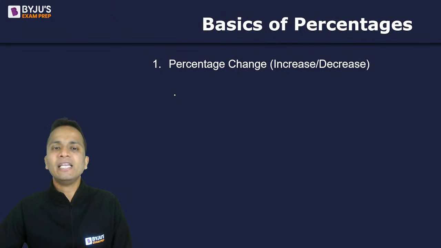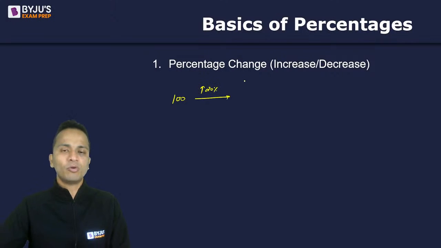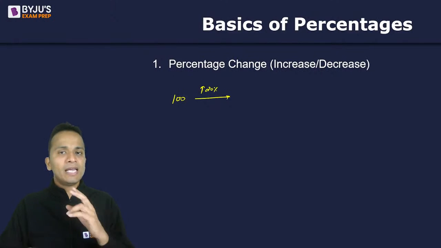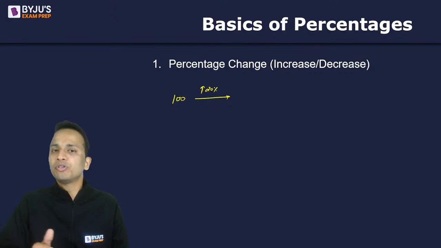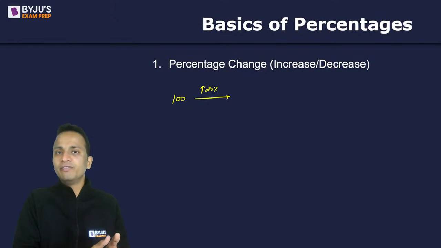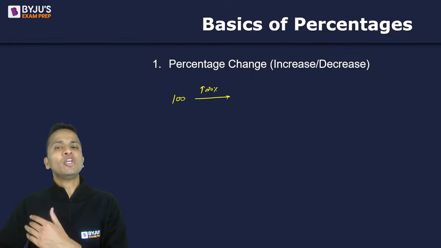So let's say there is an initial value of 100. First of all, it is increased by 20 percentage. Okay, then what will be the final value? Now earlier, initial and final values were given and I told you to calculate the percentage change. Now, in this case, initial value is given, the percentage change is given, and you have to find out the